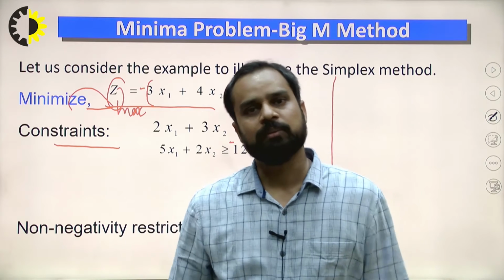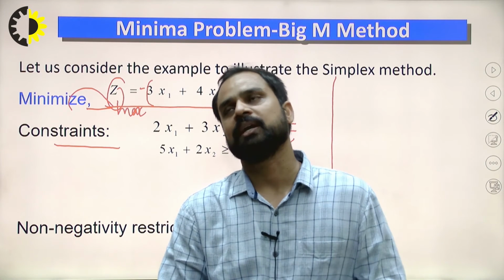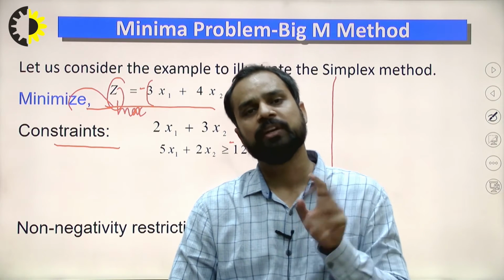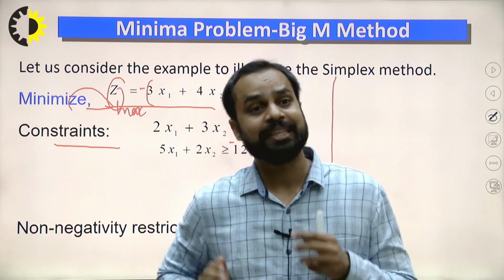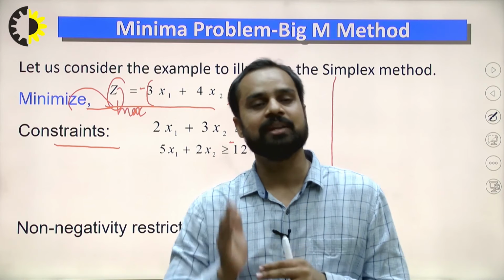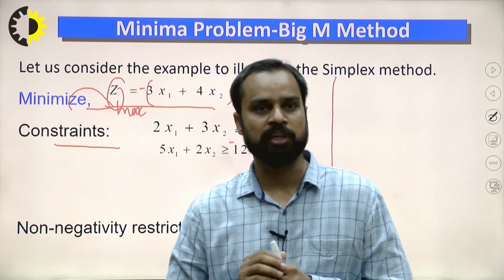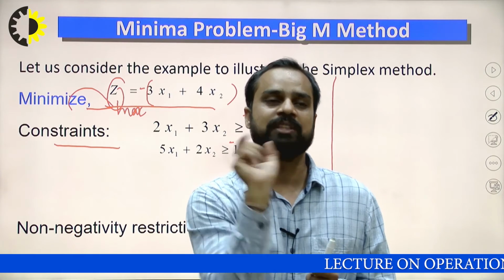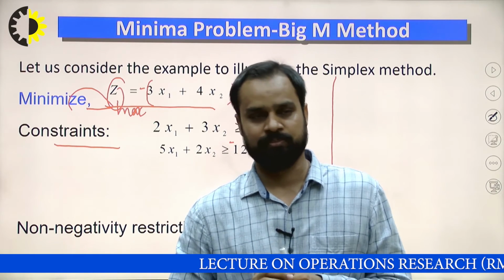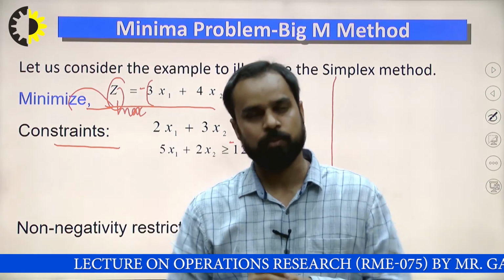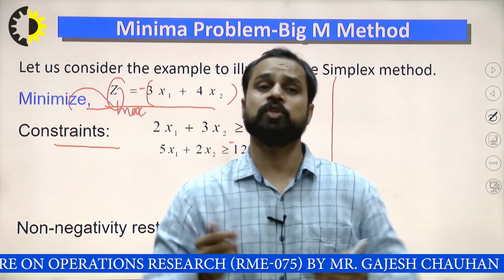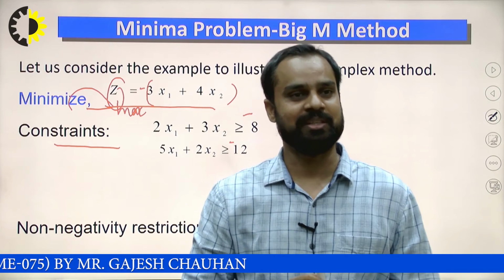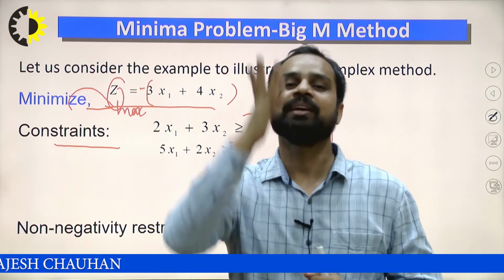Second way, how can you solve a minimization problem? Second way is that you can solve it just like a minimization problem. The only difference is whenever you are choosing the key column, meaning the entering variable, how do we decide the key column in each iteration? On the basis of the most positive value in the Cj minus Zj row. That is for the maximization problem. If the problem belongs to minimization, then look for the least value of Cj minus Zj. That will be the key column.